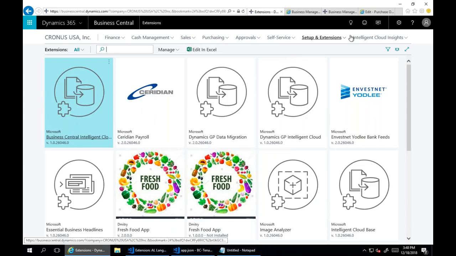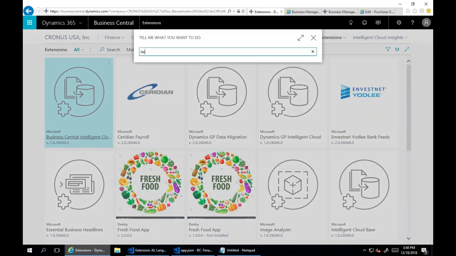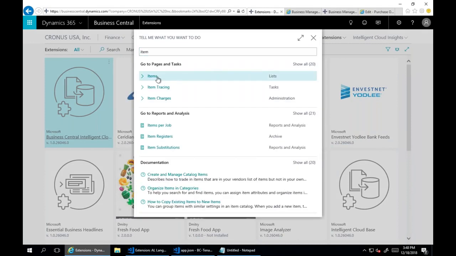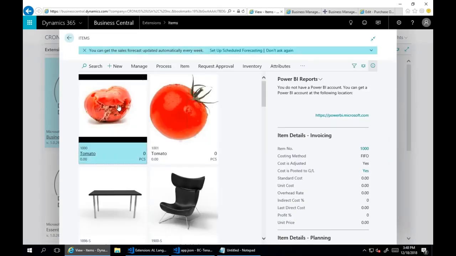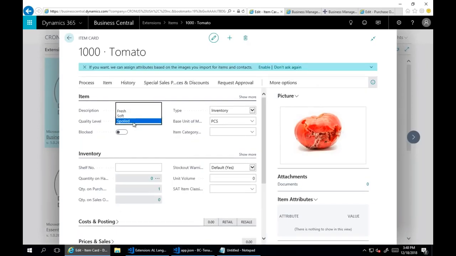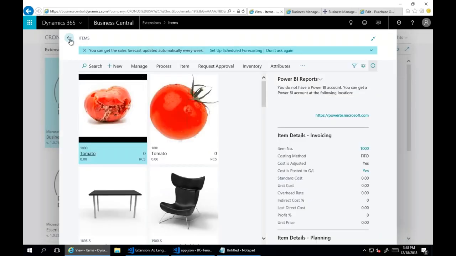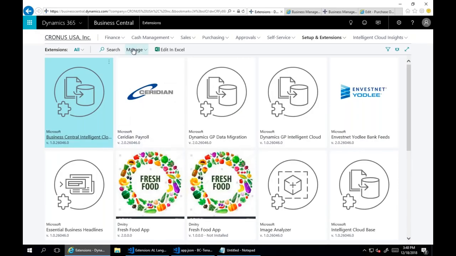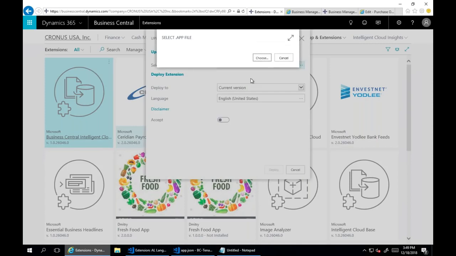So if we'll go to items list here with the version number 2 and go here, you will see that my upgrade code unit was executed, and now I have this quantity level spoiled here. So if I will go now to an extension and upload the third version of this extension,